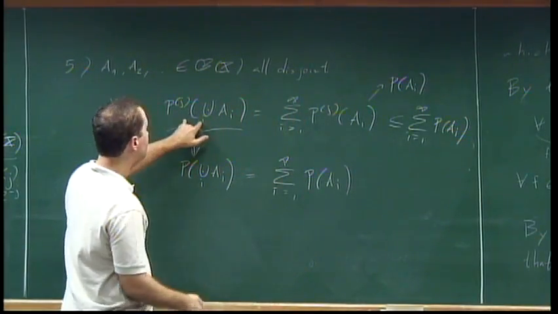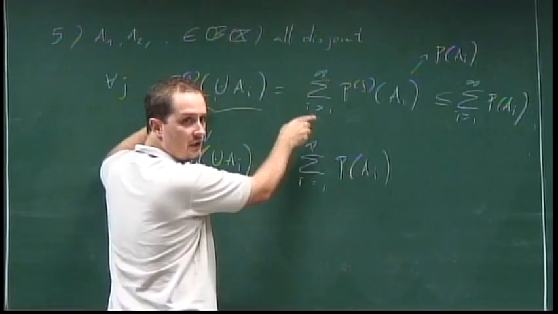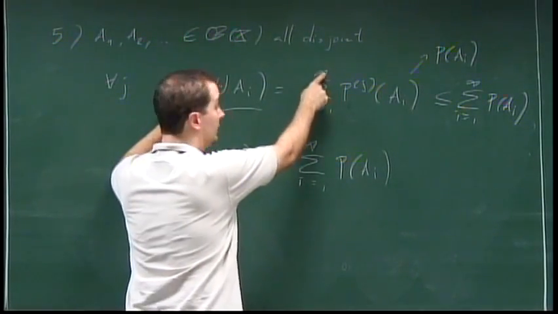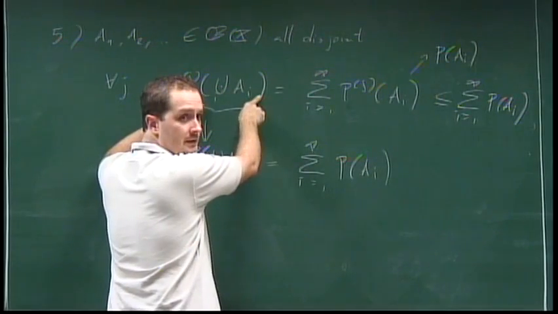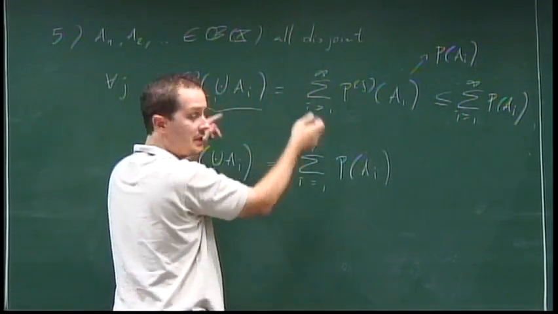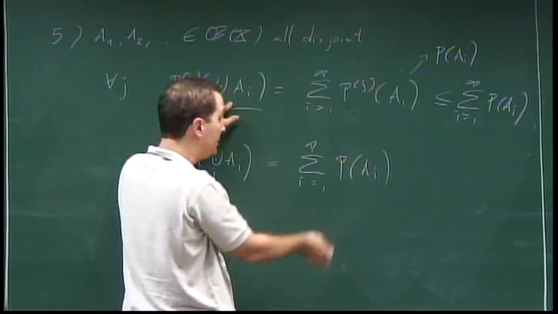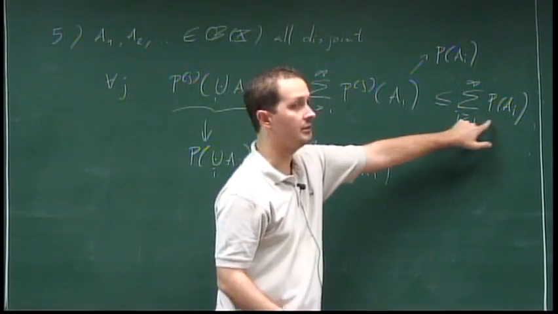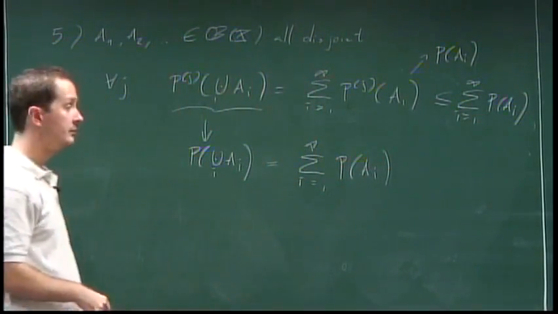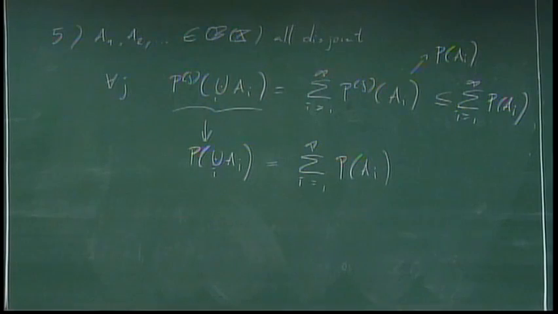And on the other hand, if you truncate the sum for a fixed j, if you take the sum up to n, you get that this is less than this. Now when you take the limits on both sides, you get that the sum up to n is less than the probability of the union, and then you can increase n, and you get this is a lower bound as well. But in any case, this is good.